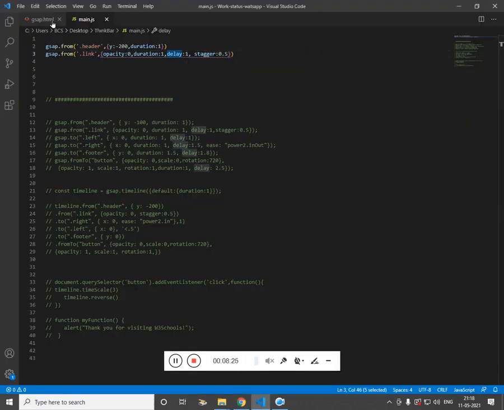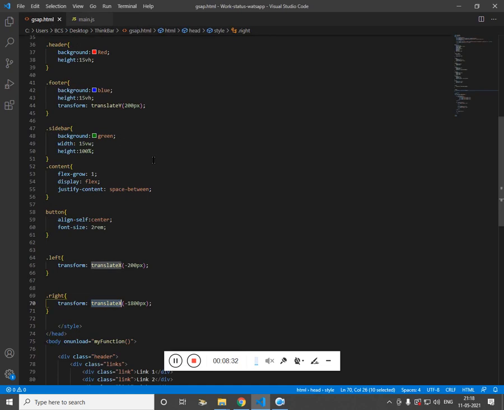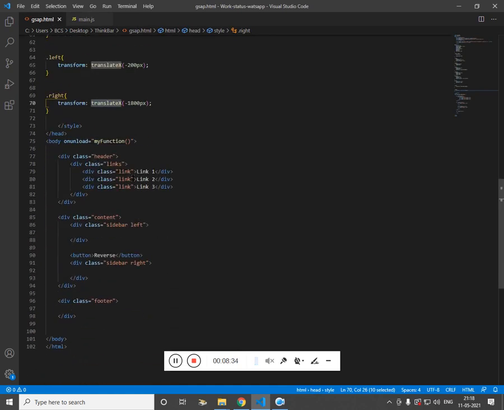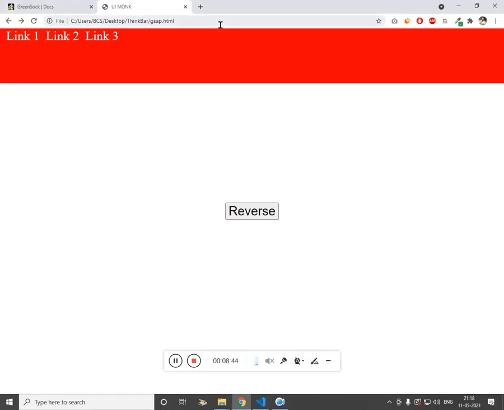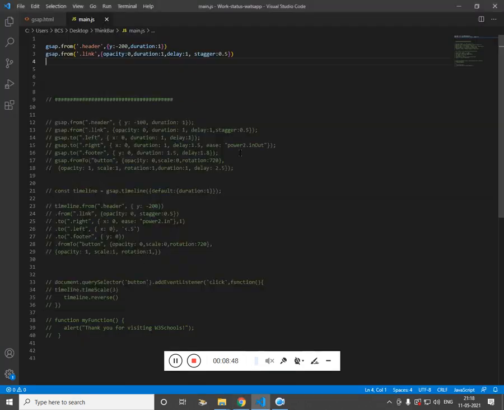We have multiple links, so what stagger does is make sure this shows up, and then after a delay the next one shows up, and then the other. So after 0.5 second it will show one after the other, 1, 2, 3. Fine, that is working.